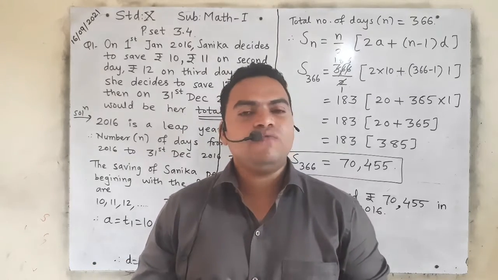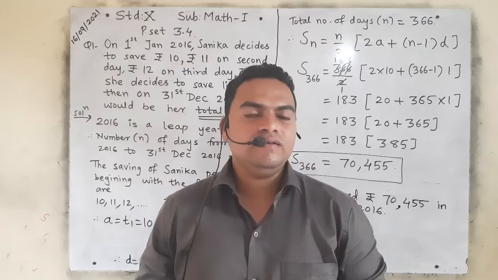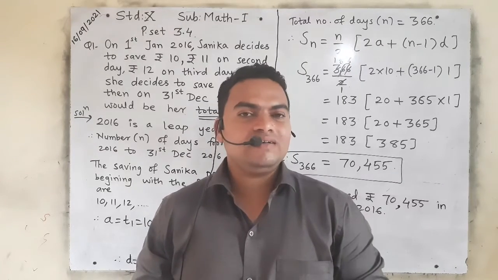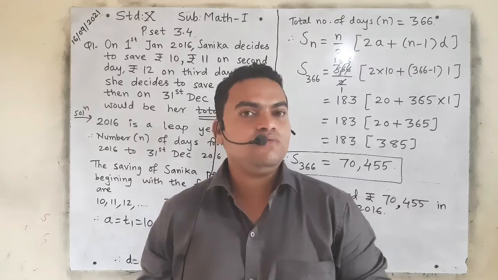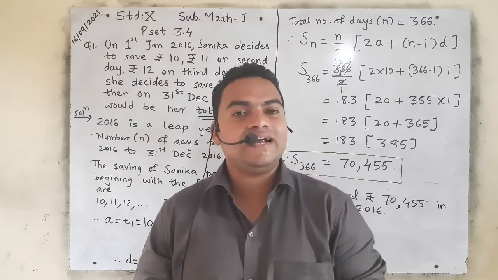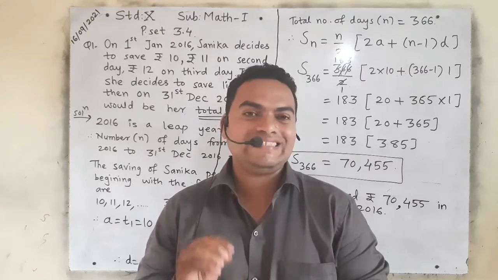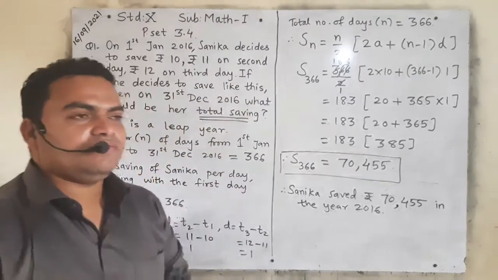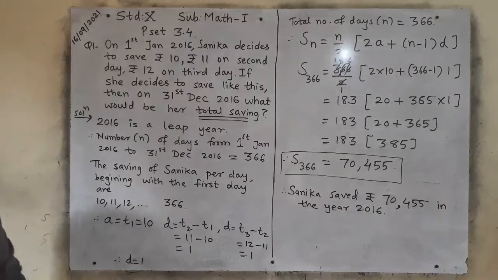Till last sessions we have seen what is sequence, what is arithmetic progression, what is the first term, a, and difference, then when we should use the Tn formula, when the nth term is given, and when we should use the sum formula: when the words sum, or total, or altogether kind of words come, we will utilize the Sn formula. Okay, so we will start 3.4, the word problems. Please look at the board.